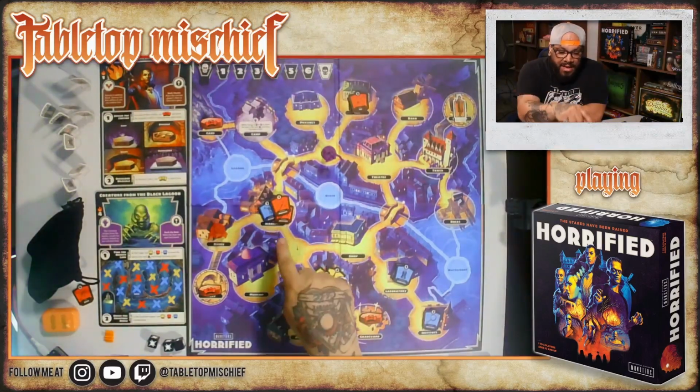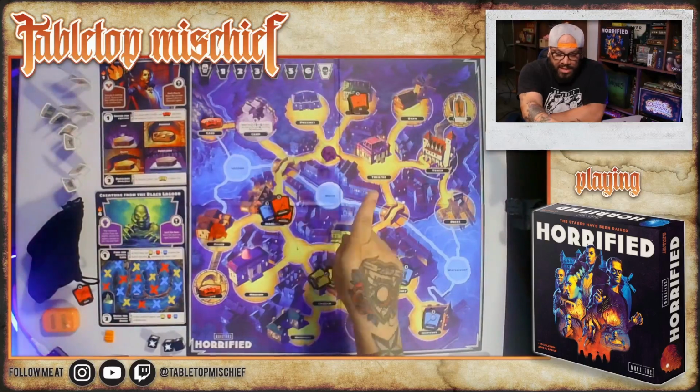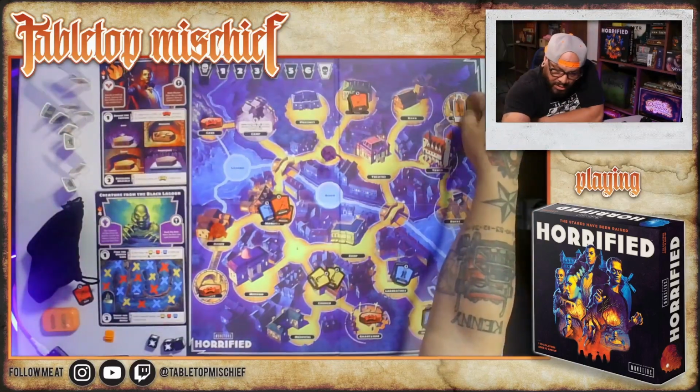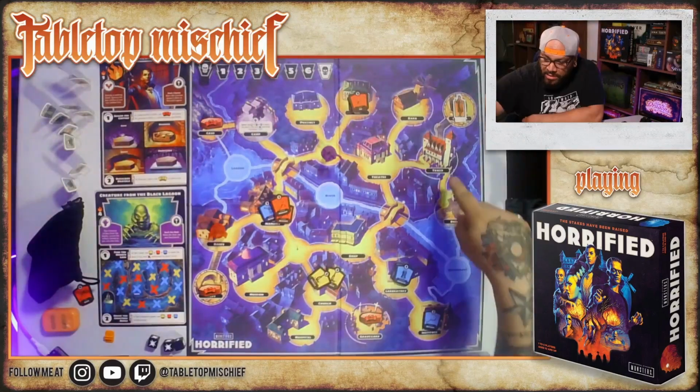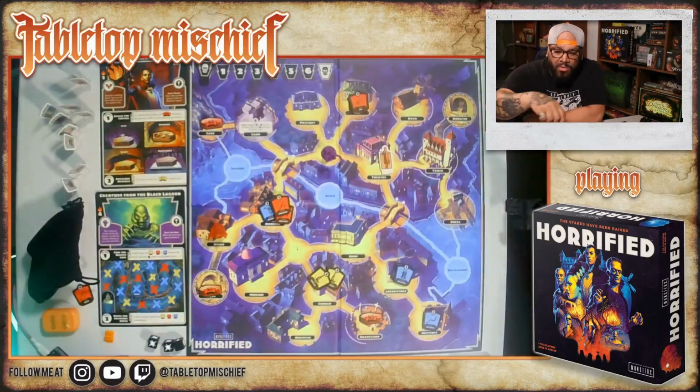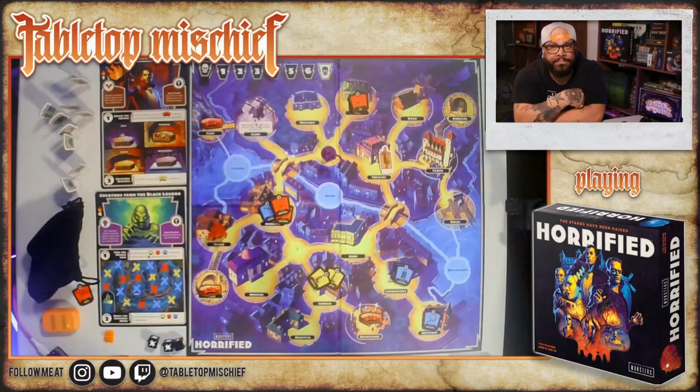Gotta get down. I really want to get over here, but that's sticky. So let's just make our way down here. So I got 2 more actions to spend. No, I gotta do this. 1, 2. Oh crap. Well, I mean,